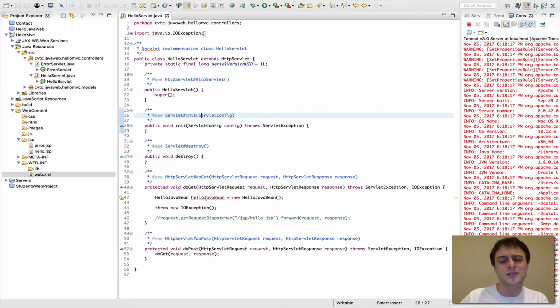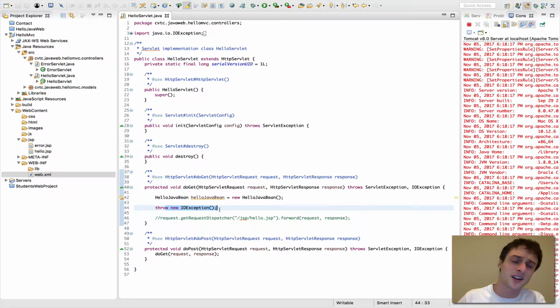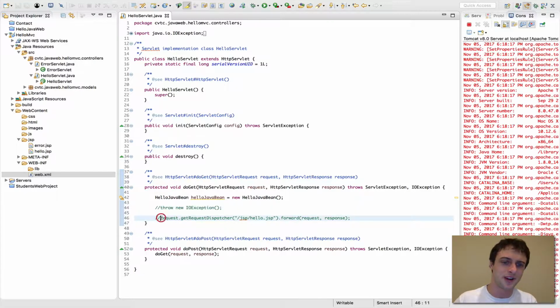Again, users should never see an IO exception. I find the default error page to have a lot of useful information for me as a developer. Again, you don't want to be throwing an IO exception in my doGet method. You should not be doing that. But in case you ever wanted to override that,